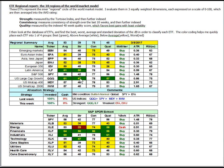Inside the U.S., it's technology, then large caps, then the mid and the small caps. The two strongest sectors are Latin America and U.S. tech. The two weakest are Japan and Asia less Japan, and the Euro-Asia blend, EFA. Inside the sector spiders for the U.S., strength in financials and technology, with energy lagging significantly and